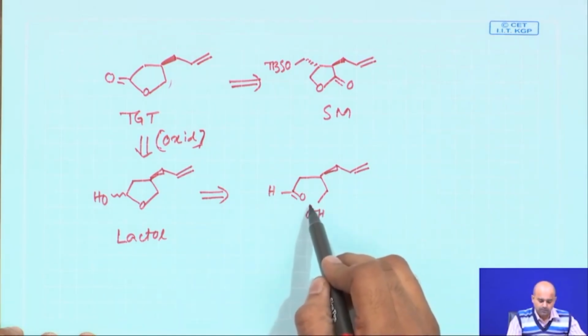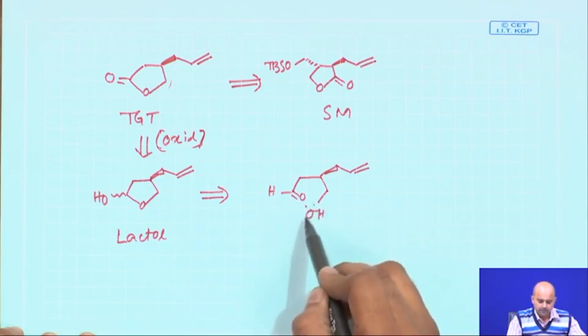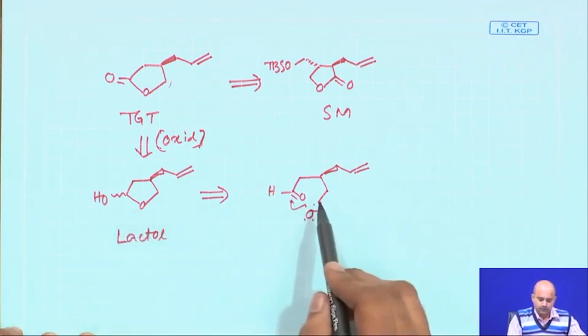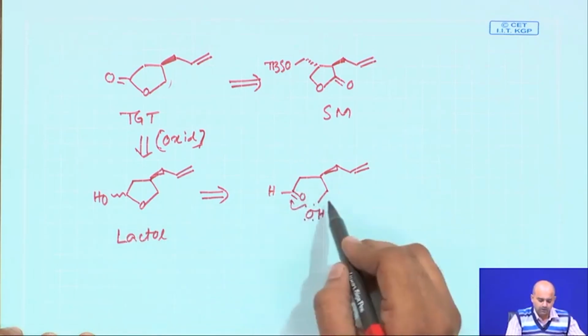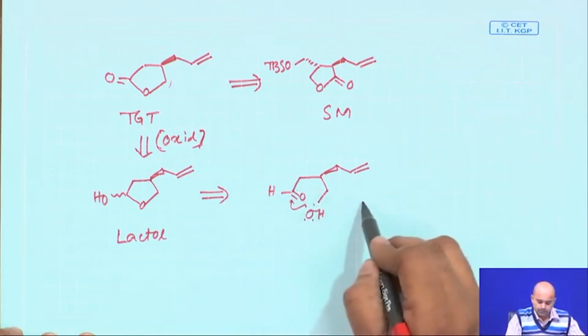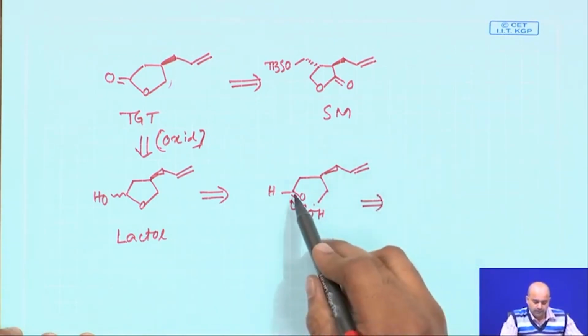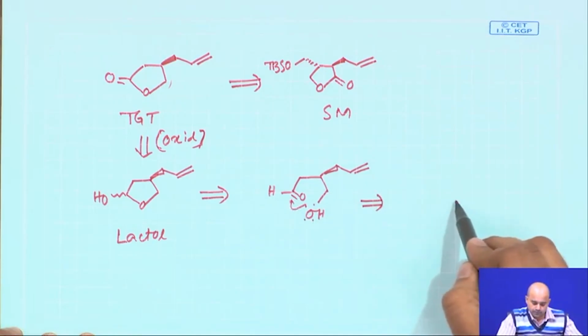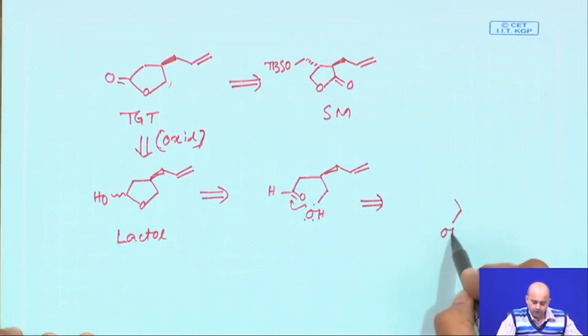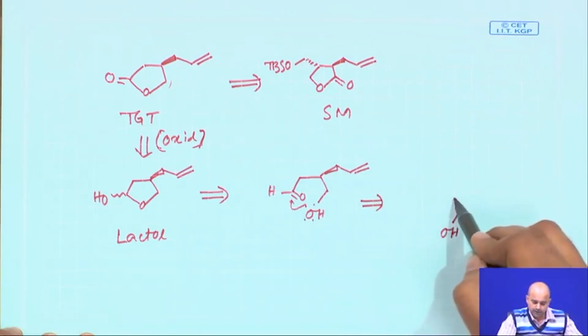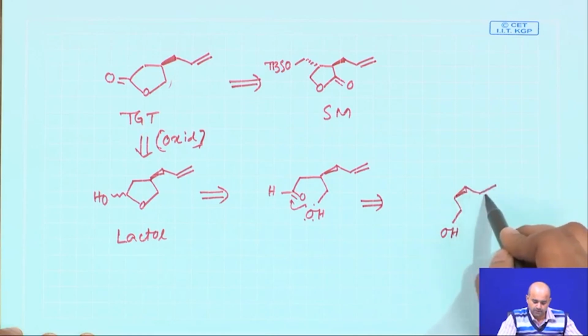Hydroxyaldehyde will undergo lactol formation by just this kind of attack, and will give you the lactol. Now, this hydroxyaldehyde which was proposed as one of the intermediates, now we have to correlate with the starting material. The hydroxy appendage, now we need to focus on how this hydroxy appendage will be now